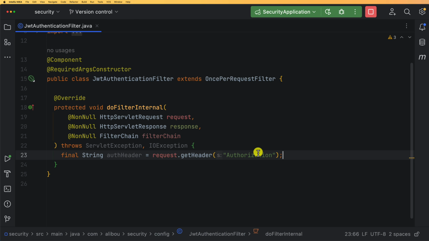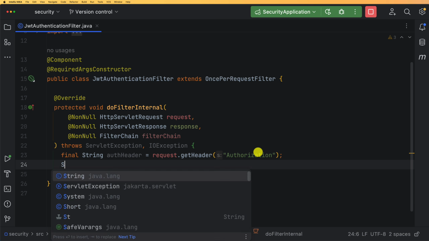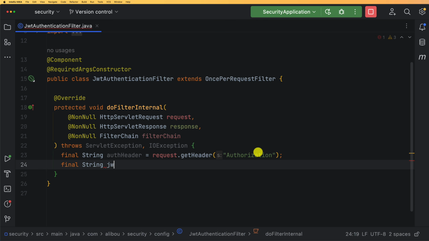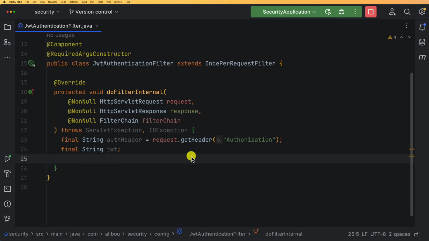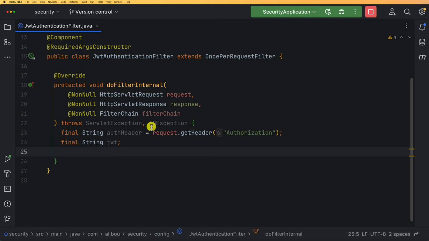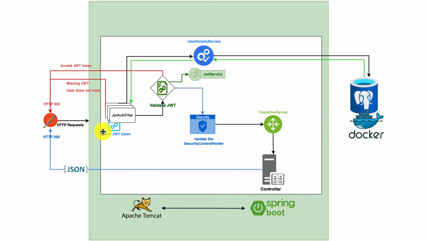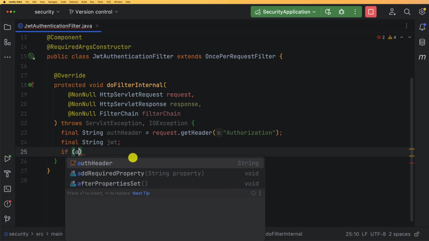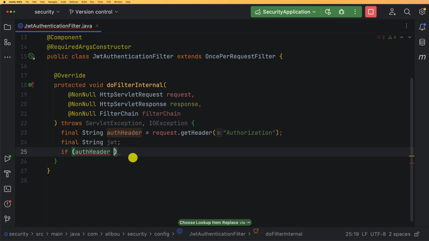Okay, all right, so now I will create another variable. Let's also make it final string. I will call it jwt or JWT token, call it whatever you want. So here I want to implement this check that we did before, the check JWT token. So let's implement this. The test that I want to do is if the authorization header is null,